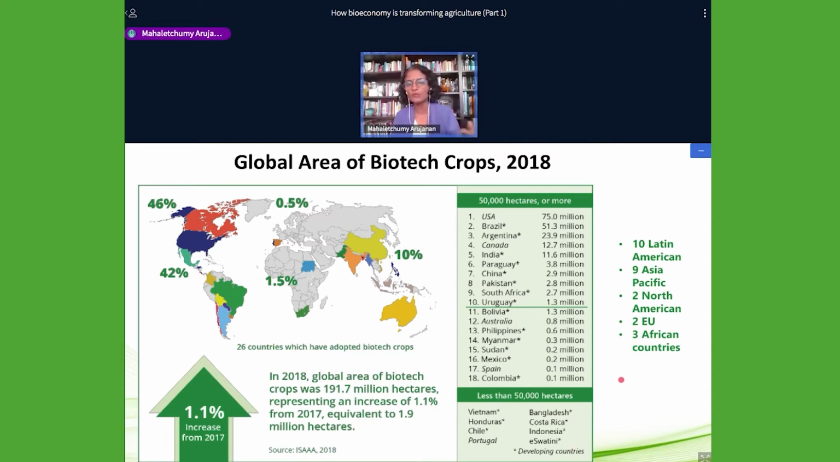the main countries: the US, Brazil, Argentina. We've got 10 countries in Latin America, 9 countries in Asia Pacific, 2 in Northern America, which is US and Canada, 2 in EU, Spain and Portugal, and 3 in Africa. Of course, South Africa comes first, and then Sudan and Eswatini. So these are the countries, and in 2018 there were already 191.7 million hectares of land cultivated